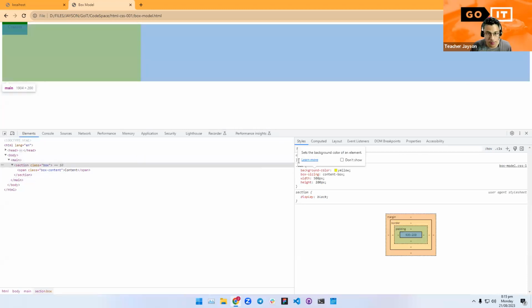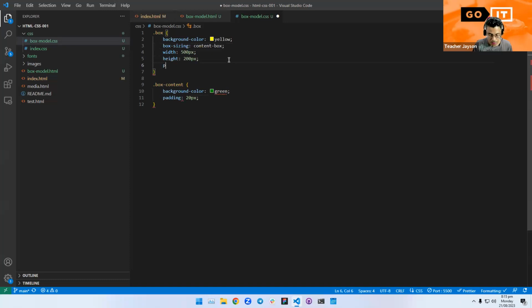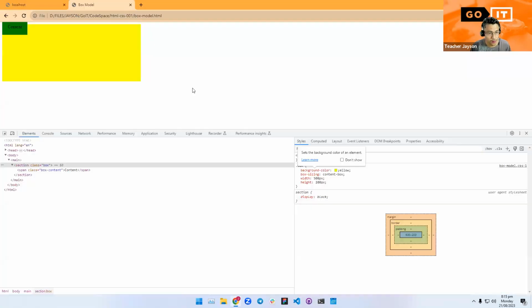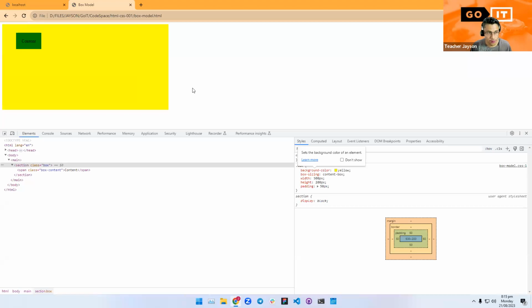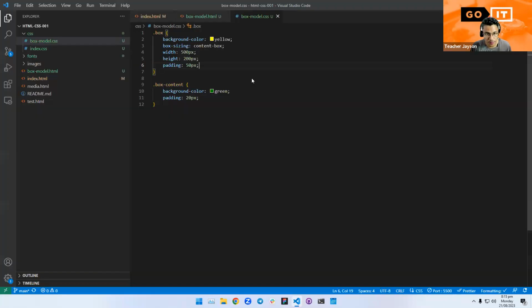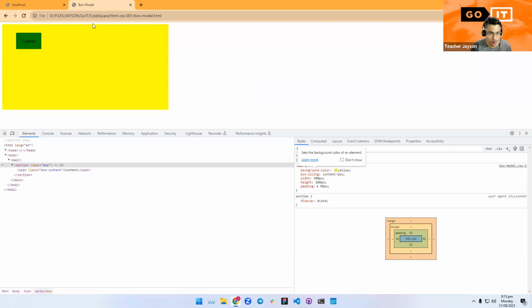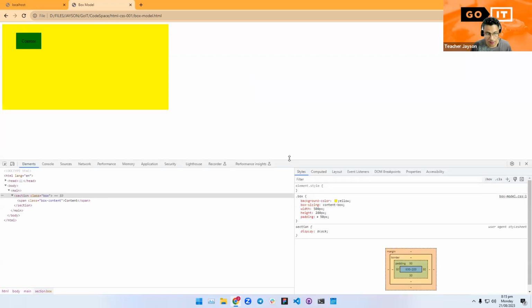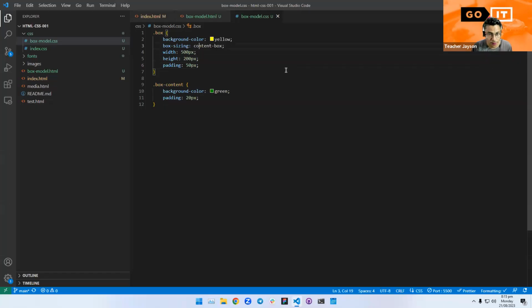And then let's try to add a padding of 50 pixels. So you might have noticed that the element became larger. So let's try that again. Let's remove the box sizing content box. So by the way,